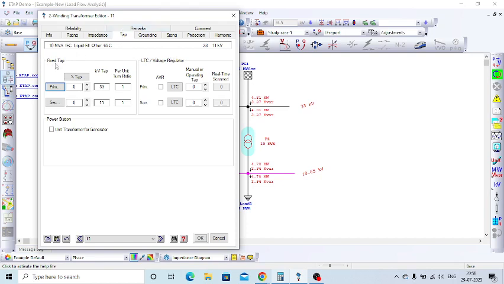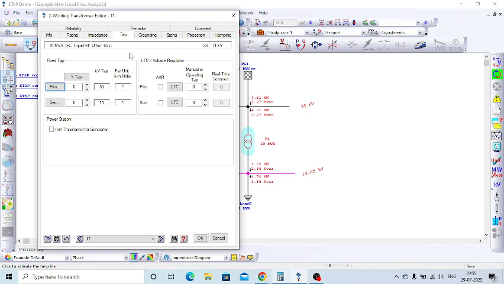The fixed tap is the off circuit tap changer, and the LTC, load tap changer, is the on load tap changer. So first we will try with the off load tap changer. We have two options. We can have the OLTC in the primary winding or the secondary winding. Normally the OLTC will be available in the primary winding, so that it can control the voltage